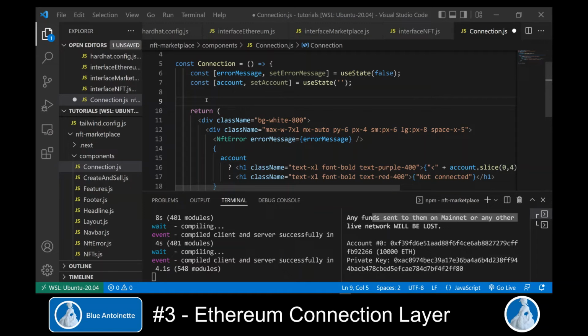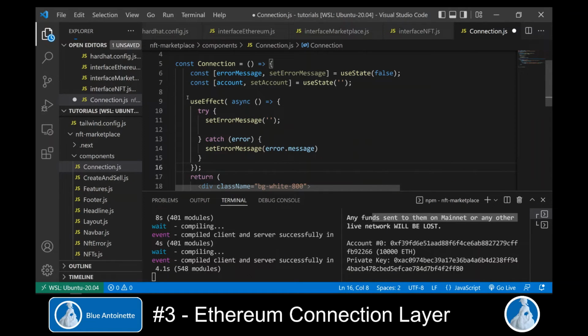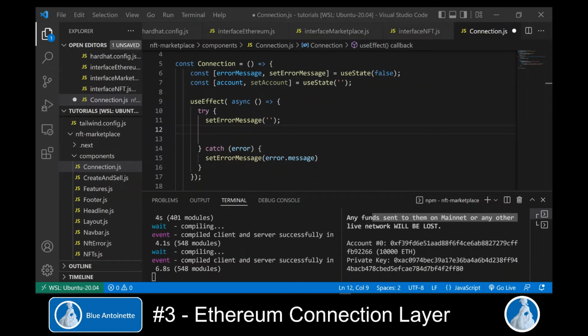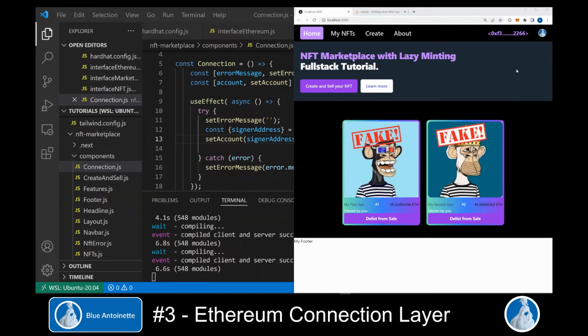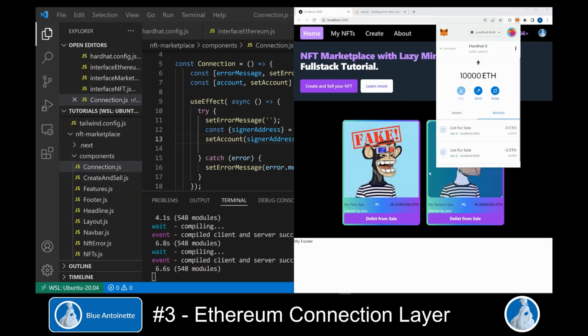Instead, we create a useEffect hook here. Within this useEffect hook, we can now call this new function getActiveAddress in the module Interface Ethereum, which returns the signer address. And here we update the account state variable. If we switch back to our browser window, we can see that now the active account address is displayed. Whenever we switch the account in Metamask,